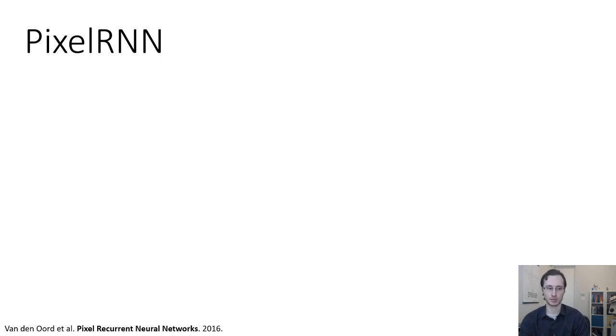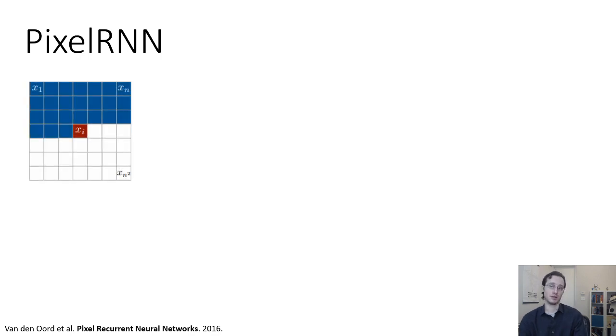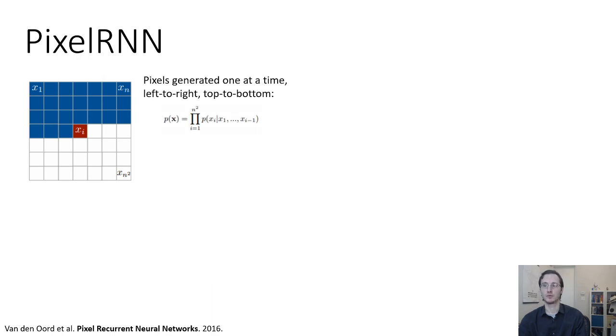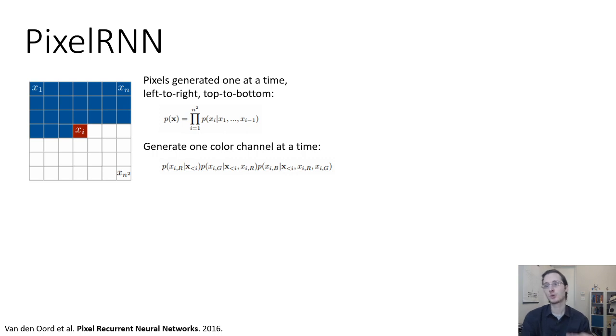If you want to learn more about the pixel RNN, I have a citation to the paper at the bottom of this slide. So the idea in pixel RNN is that we're going to generate the pixels one at a time, left to right, top to bottom, in scanline order. So the probability of the whole image is given by the product over all the pixels. If it's an n by n image, there are n squared possible pixels, and each pixel depends on its predecessors, which are defined as all preceding scan lines and all preceding pixels to the left of the current pixel in the current scan line. Now each pixel consists of 3 color